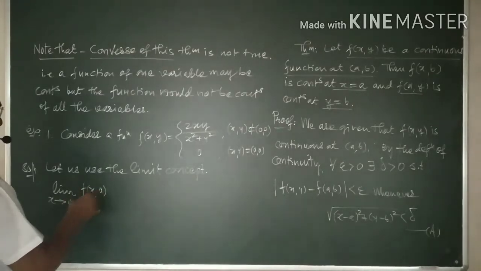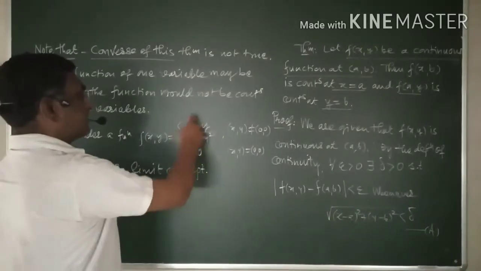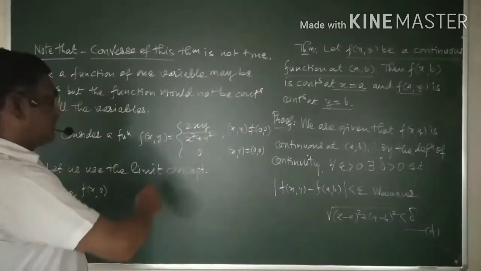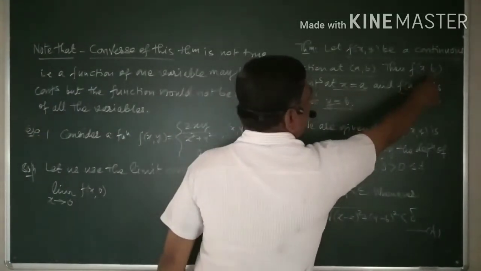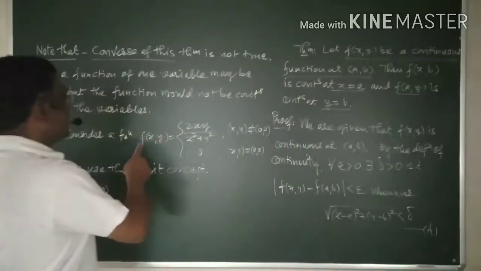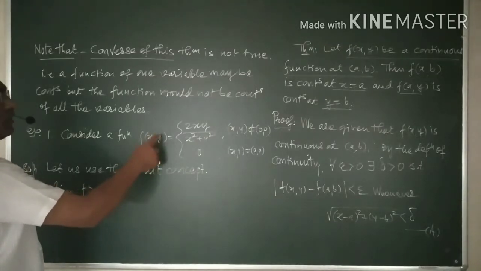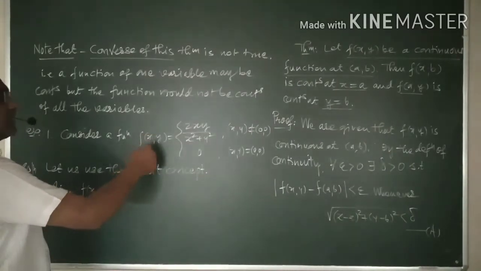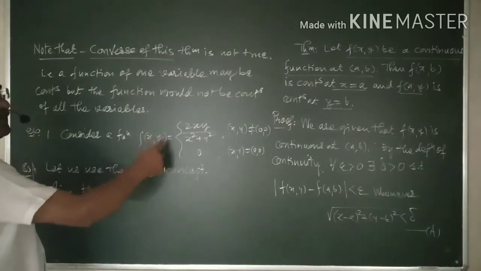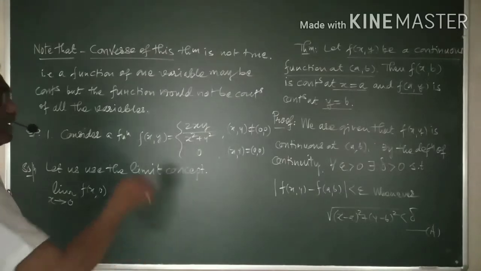It means that here in this example f of x, y, we are putting y equal to 0, as we are considering here y is equal to b, a constant, and therefore let us take y equal to 0. Then it becomes a function of one variable. On the other hand, if I consider x equal to 0, it becomes a function of one variable, say y. Whether they are continuous, that we need to see.